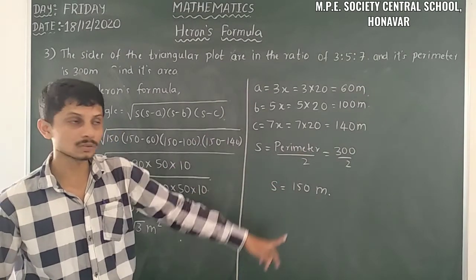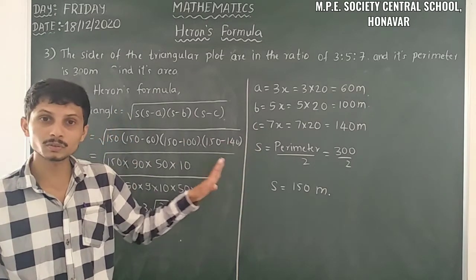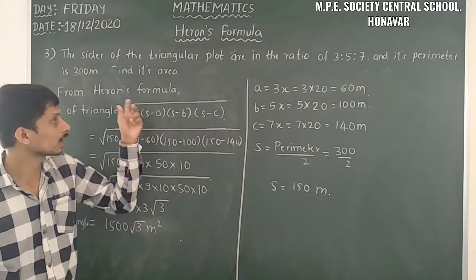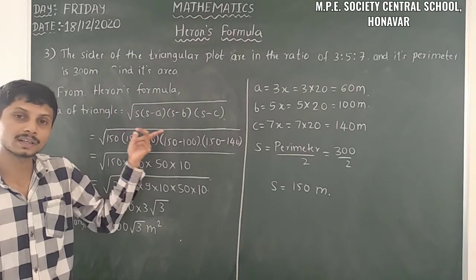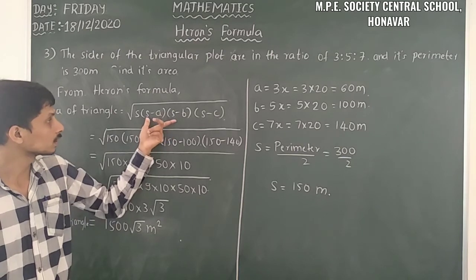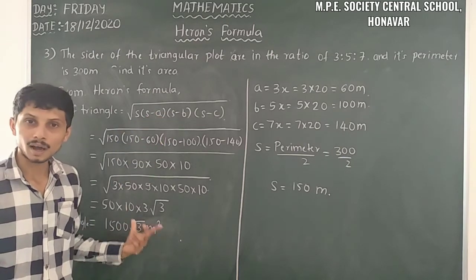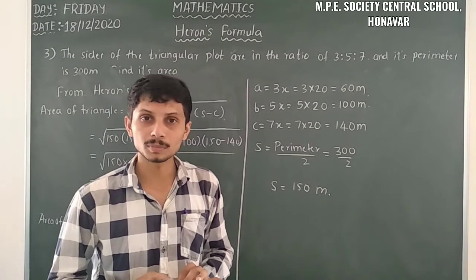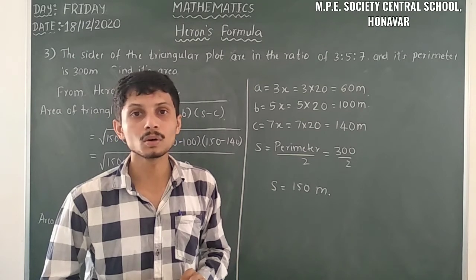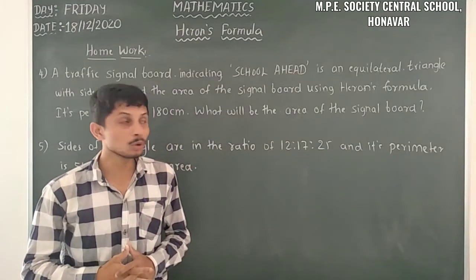So all these values, whatever values we get here as a, b, c, those values we have to insert in Heron's formula, that is representing area of triangle. So to find area of triangle, we have to insert all these things and then we have the answer. So this is the solution of this problem. So let's take some of the homework based on all these problems.